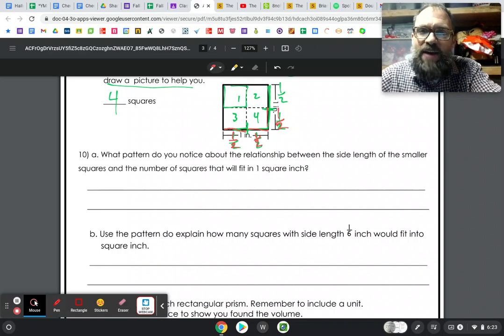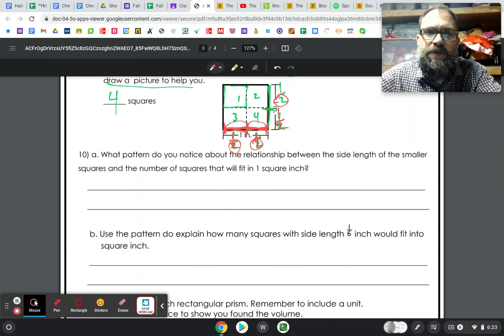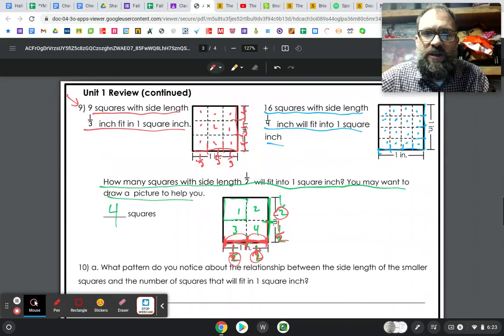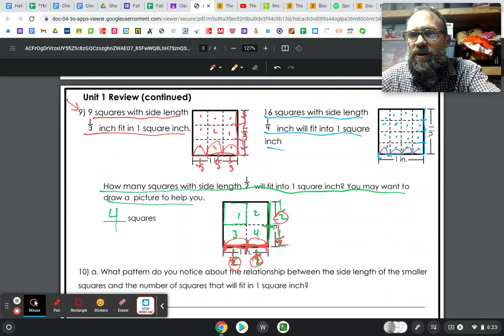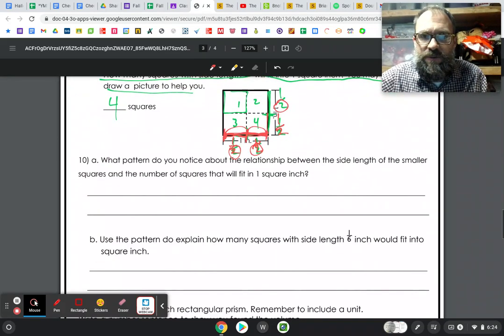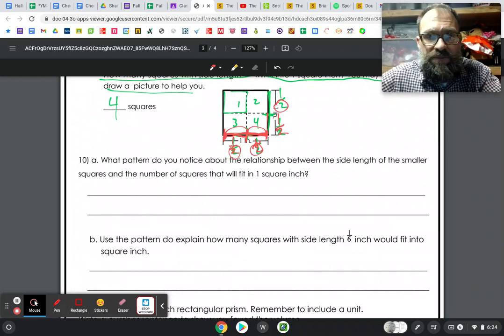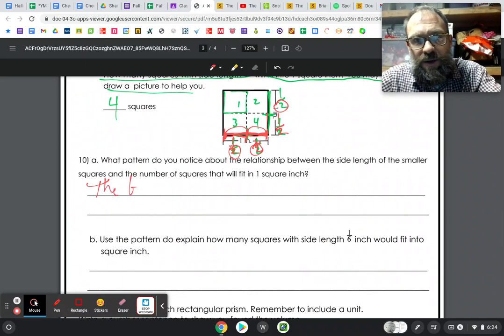And in that fraction, 1/2, the bottom number tells us, in this case 2, how many pieces the side length of the larger square is broken into. In this case, it's broken into 2 pieces, this piece and that piece. In our other examples here, the 1/3 showed 1, 2, 3 pieces, and the 1/4 showed 1, 2, 3, 4 pieces. And so the pattern is that the bottom number,